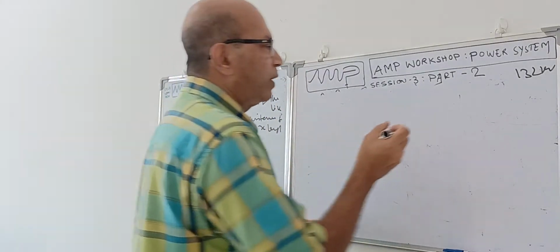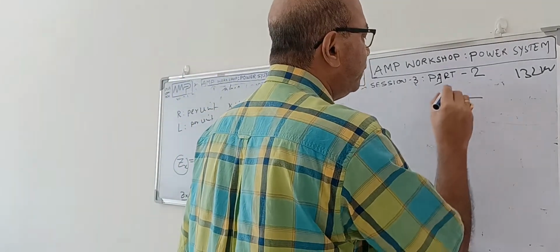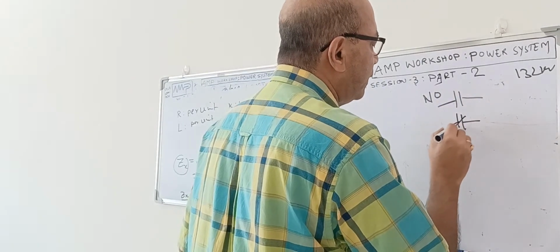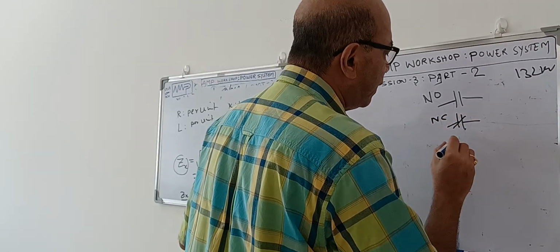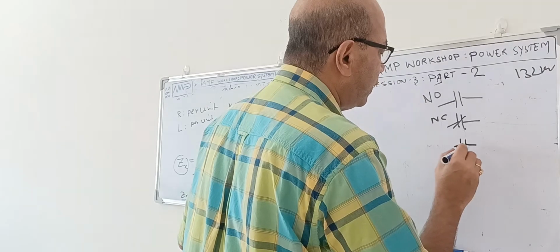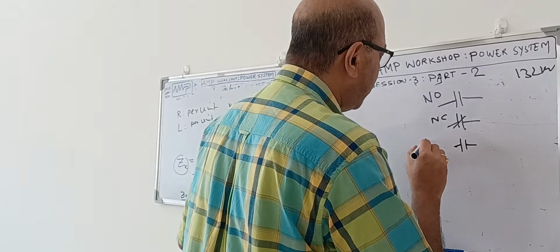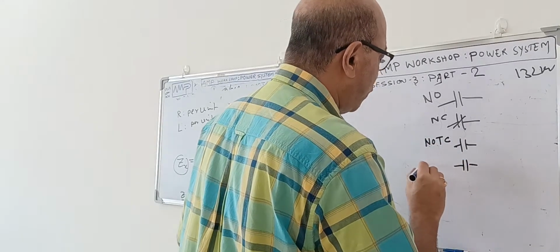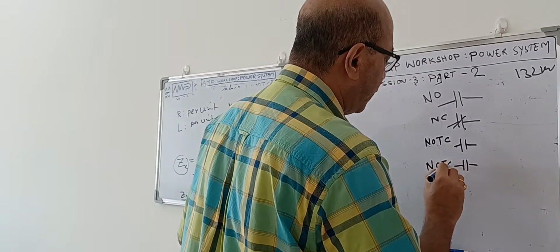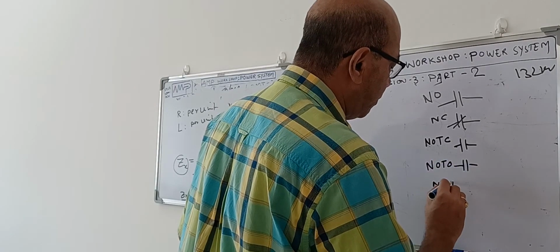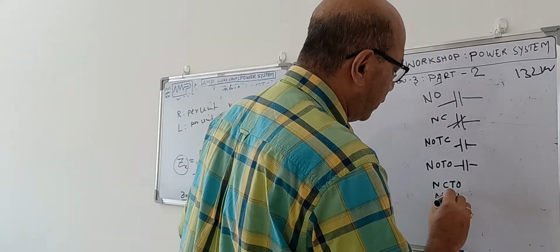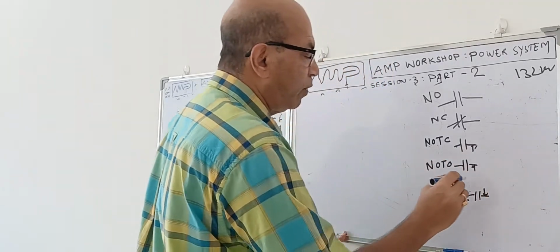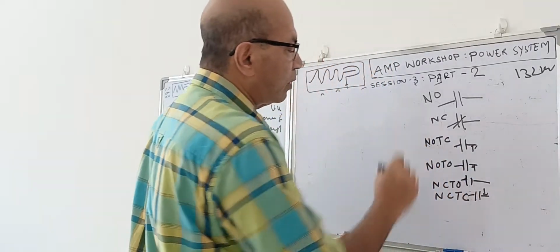Now there are 6 types of contacts. One is a NO contact, normally open contact. It is an ANSI sign. This is a NC contact. Then we have another 4 time delay contacts, and there is a different way to show them. It is called normally open, time delay, closed. Then another is normally open, time delay, open. Then normally closed, time delay, open, and normally closed, time delay, closed. These are the other 4 different types of contact we are using, a total of 6 types of contact.